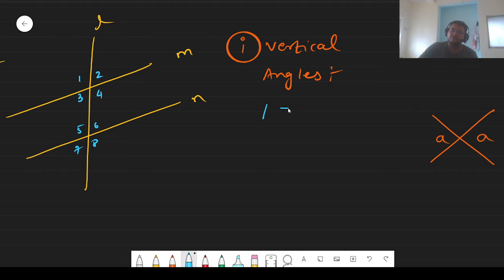So what we'll do here, we will list some vertical angles which we are able to see. So here 1 will be equal to 4. 1 means not the value one. It is angle 1 and angle 4. Okay. It's just a notation. 4 represents this angle which is formed here. Angle 1 is equal to angle 4, angle 2 equals angle 3, angle 5 equals angle 8, and angle 6 equals angle 7. How is it happening? See, 1 and 4. L and M are intersecting lines, so this angle and this angle will be the same. Then this angle and this angle will also be the same. Fine. Similarly here. So these are the four results we can write.